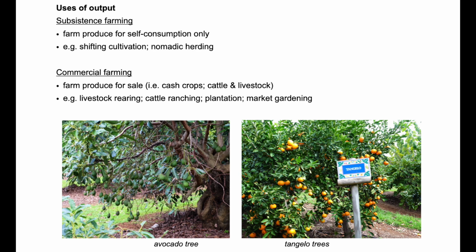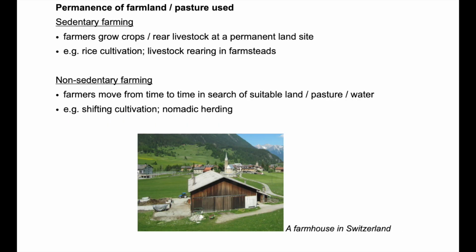Plantation means it's a large farm growing a specific or several specific crops. For example, we have tea leaves plantation. It's a whole farm growing tea leaves. We have the vineyard, which is a type of plantation growing grapes. So sedentary means the farmers stay in a permanent land location. They stay there basically. So mostly arable farming because they have a piece of land as the farmland.